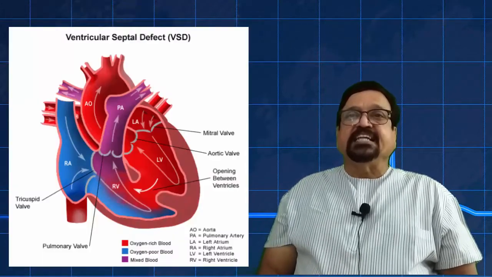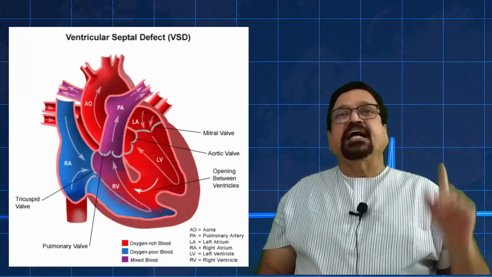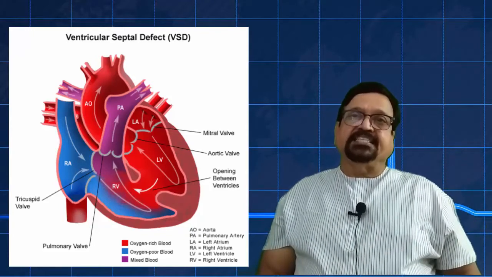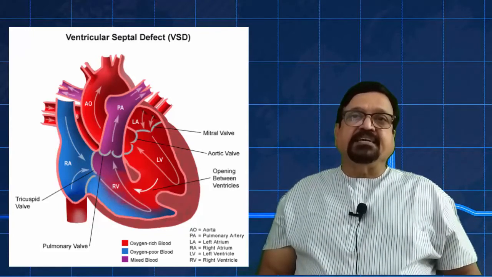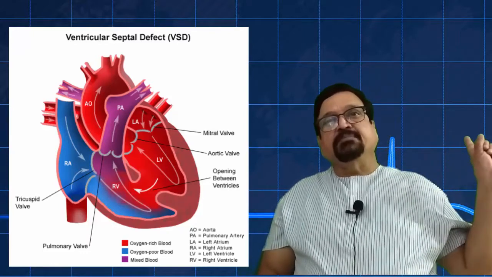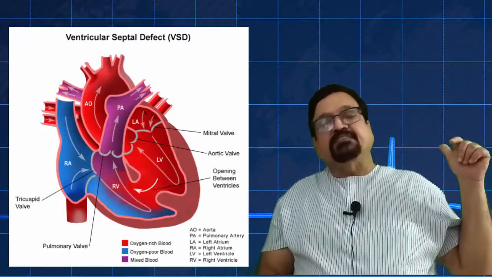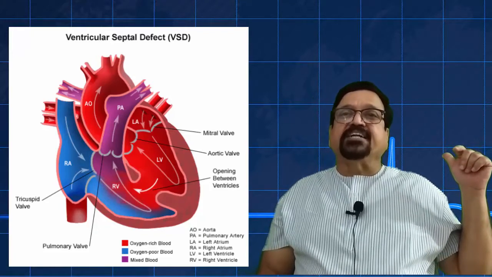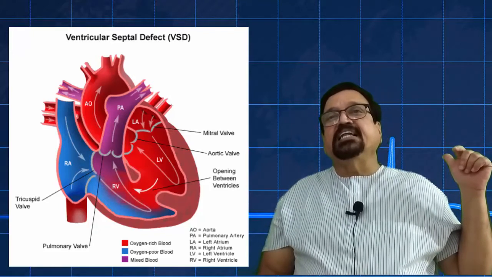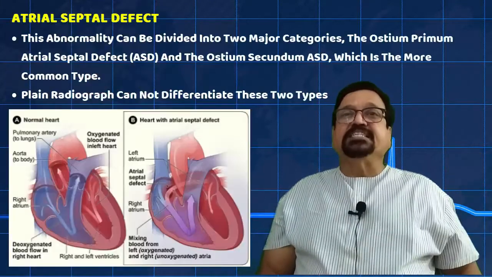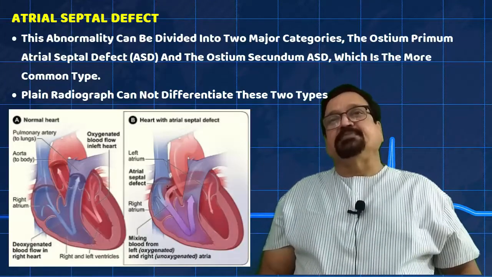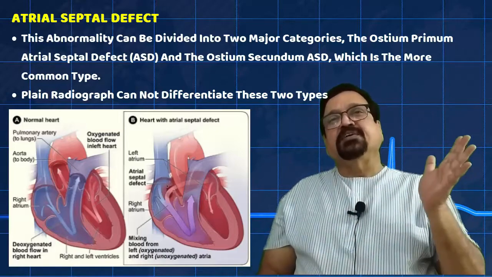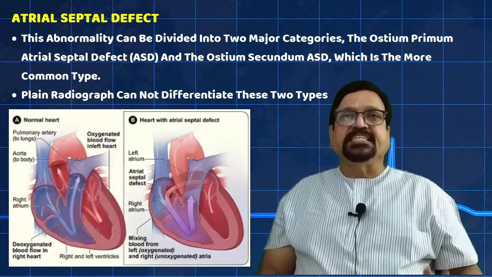Now this diagram explains you how hemodynamics is seen in VSD. Now this is IVC, blood is coming into right atrium, from right atrium it is coming into right ventricle, from right ventricle instead of going into the pulmonary arteries it is flowing into the left ventricular side. Now this is similar, this is atrial septal defect. So these two diagrams tell you how an atrial septal defect and a ventricular septal defect cause certain changes in hemodynamics.